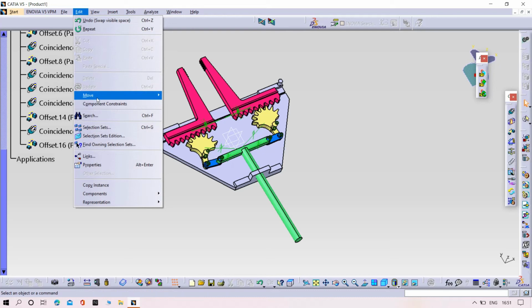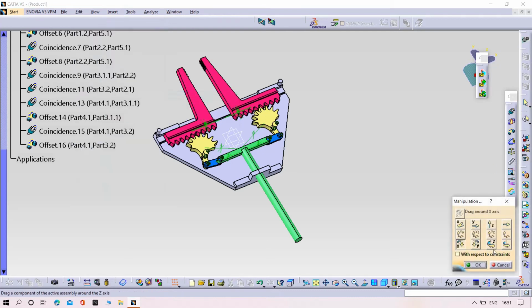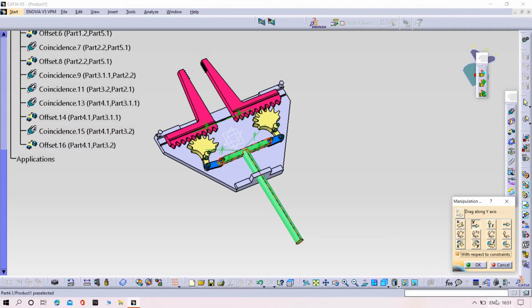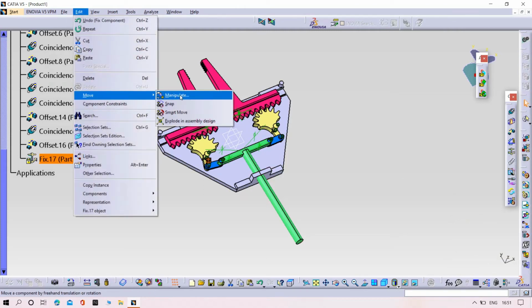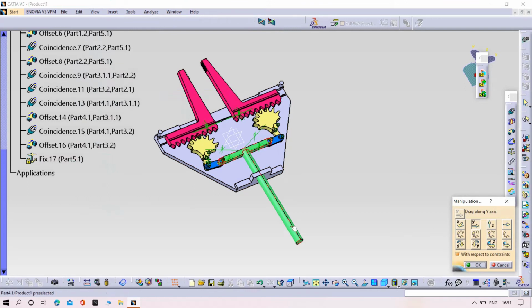Then we will insert part number 6. Sorry, we need to fix the base. Yeah, now try to, yeah, perfect, it is working.